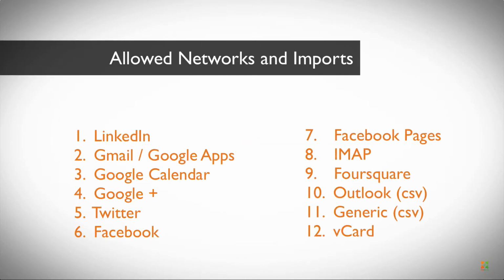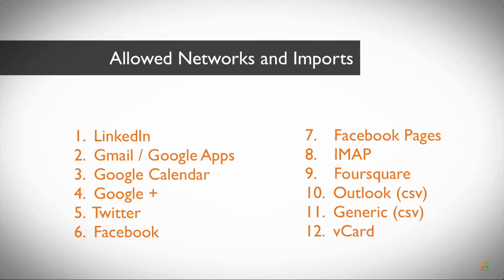Nimble allows you, as I mentioned before, to upload 12 different types of information, and you can see those 12 up here on the screen now. You have the major social media networks, including LinkedIn, Google+, Twitter, and Facebook. It also gives you the ability to add your Google Calendar, your Google+ page, if you have one, your Facebook pages, your Foursquare account,